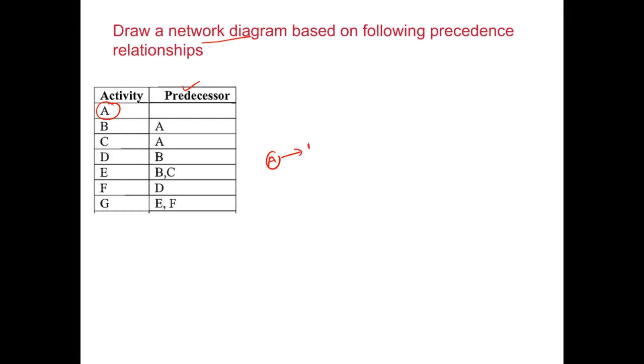So B can only take place once A is finished. C has a predecessor A, which basically means that C will also depend on A. And then D has a predecessor B, so D is taking place after B, and E has predecessors B and C, so E is dependent on B and C, and F depends on